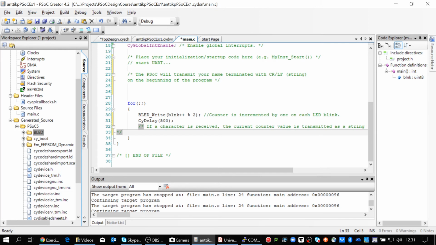If there is a character received, then you basically should send the current value transmitted as a string. Okay, now couple of places where I ask you to send a string. So how to convert this uint8 character blink